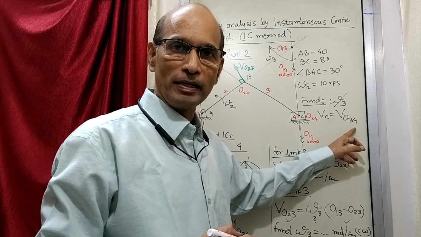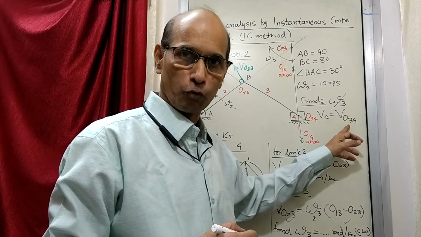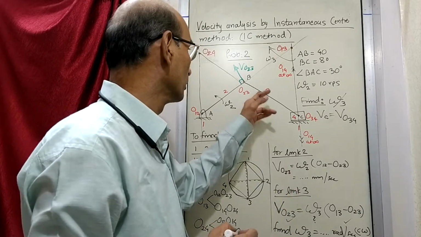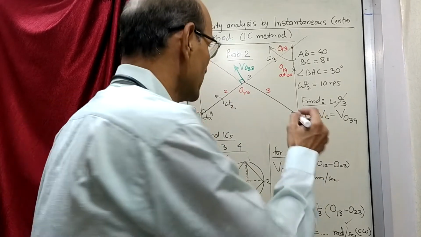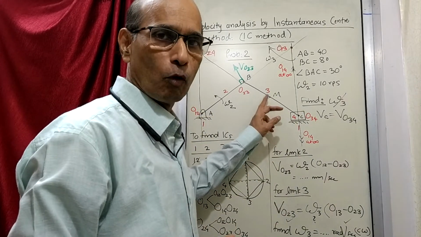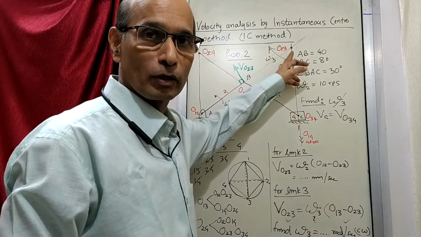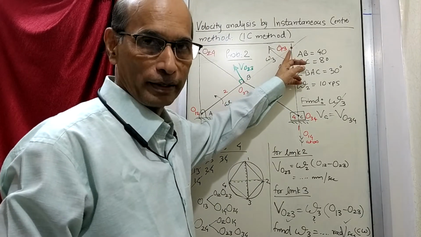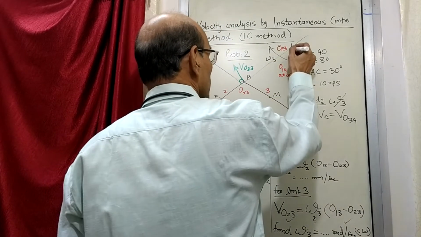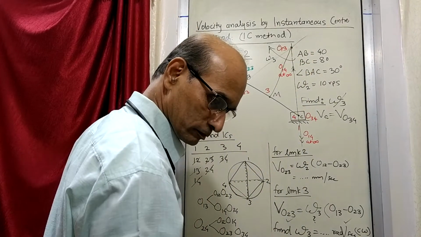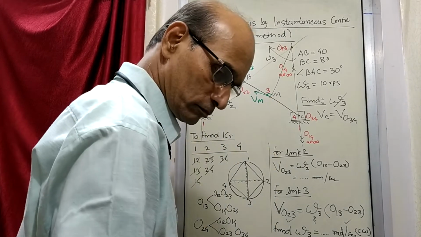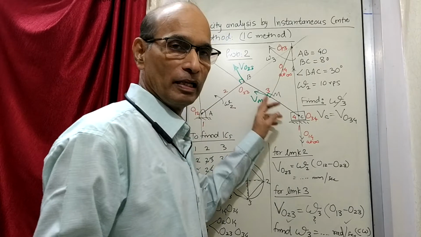Now O34 is a point which is on link number 3, and it is also on link number 4. Right now we are in link number 3, so you can find out any other point on link number 3 whose velocity you want to find out. Suppose there is a point, let us say the midpoint here, M. You are asked to find out the velocity of M. What do you do here? Join M with the rotation center. Link number 3 is rotating about this imaginary point. So if you join this, that becomes R, and then I draw a perpendicular like this, and this becomes the velocity of M. So the velocity of any point on link 3 you can find out.